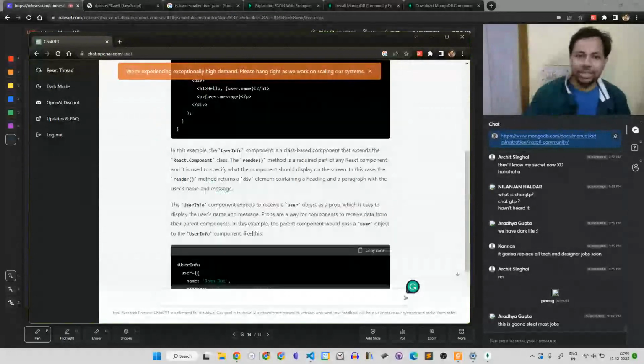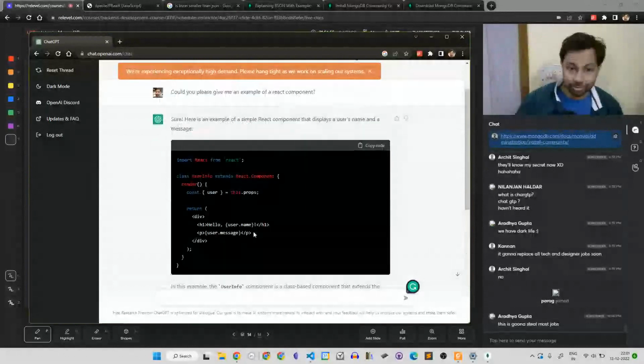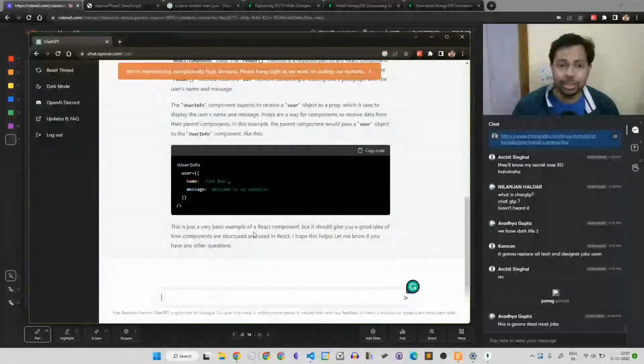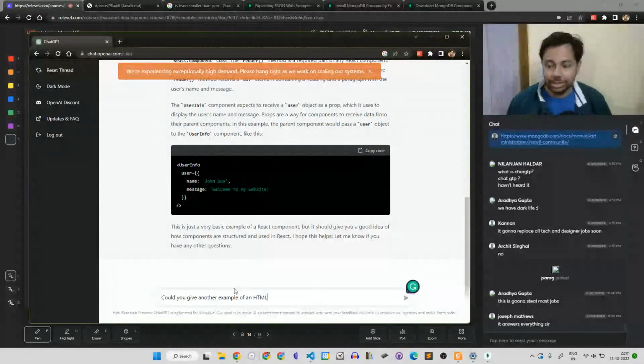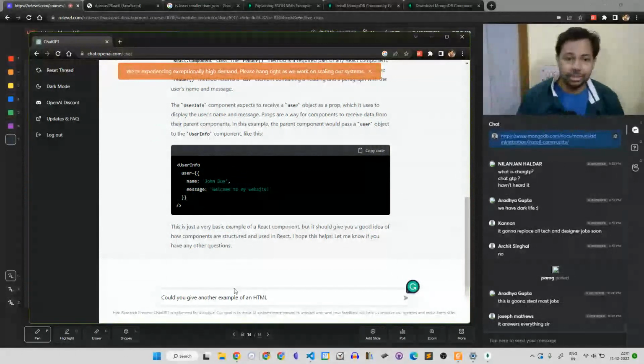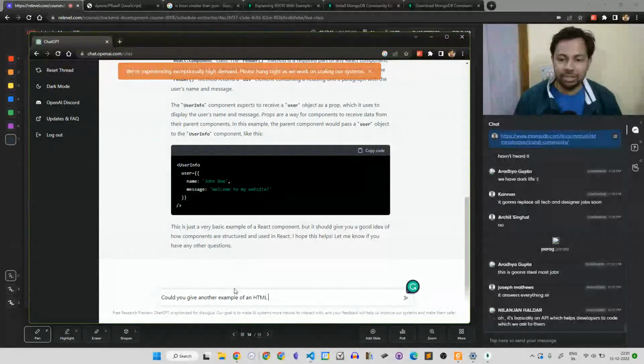Once you have learned this, you can also ask, could you give another example of an HTML file that uses the user info component?